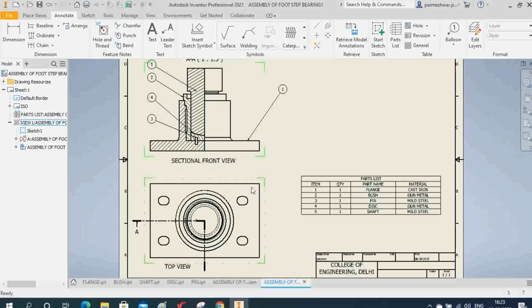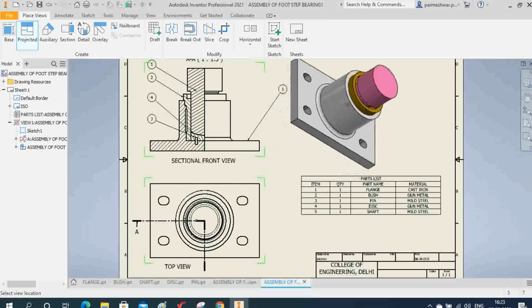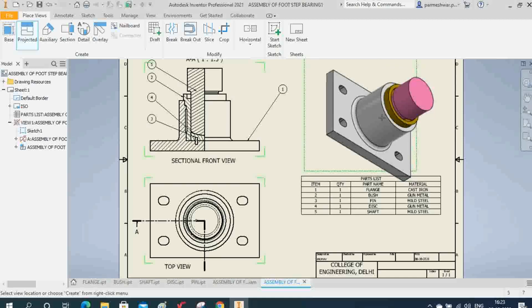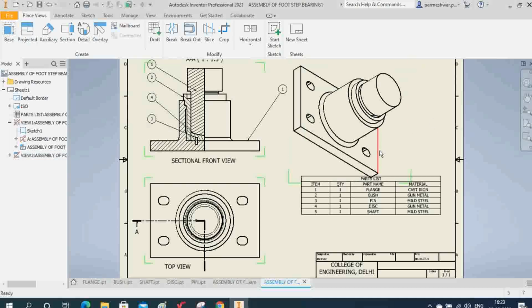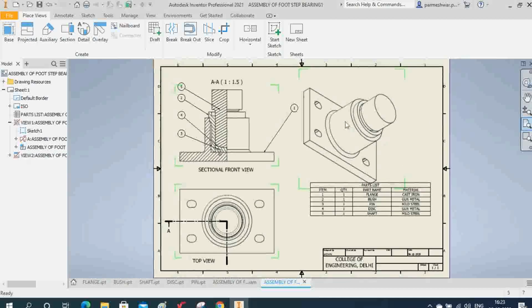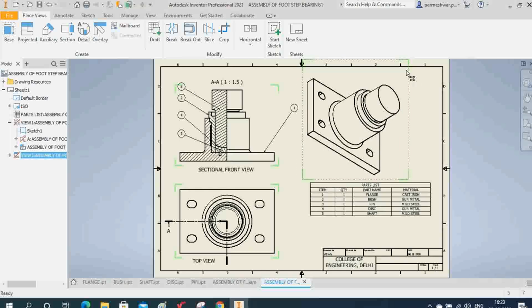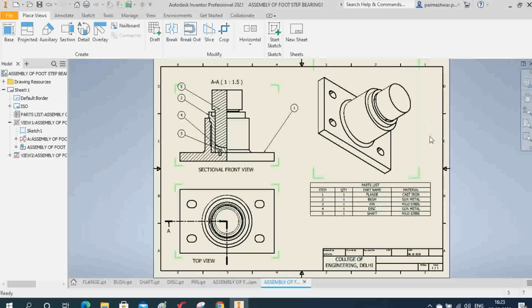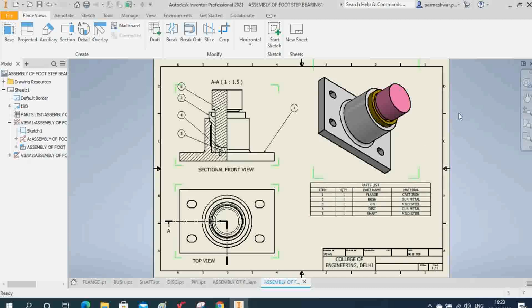Okay, now so later on how to convert this into the 3D. Now I will project this one into the 3D. So here there is option place view, project here, click here, and now you can project here like this. Click there and right click and then create. You can see it is created like this. So I will just adjust the view, right? Make it shaded. Okay, so likewise you can change, right?